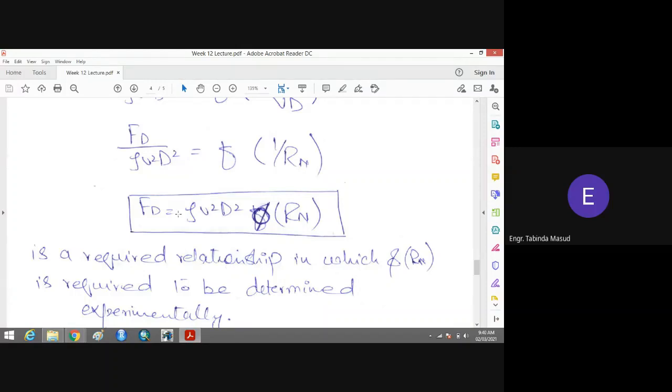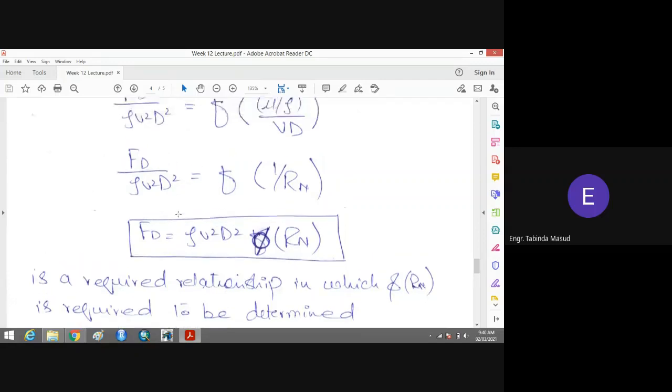This is not a hard and fast rule that every formula has a constant term. Rayleigh's procedure introduces a constant term k, but sometimes you find that there is actually no constant term in your formula. So the dimensionless constant k is omitted in the Rayleigh's procedure also in that case. So that's not a big deal. However, the limitation of the Rayleigh's procedure is overcome by the Buckingham pi theorem.